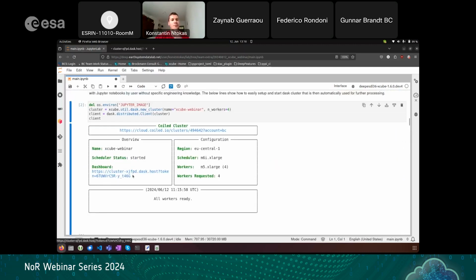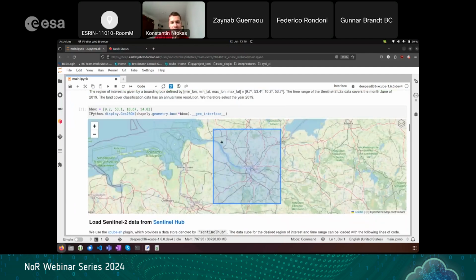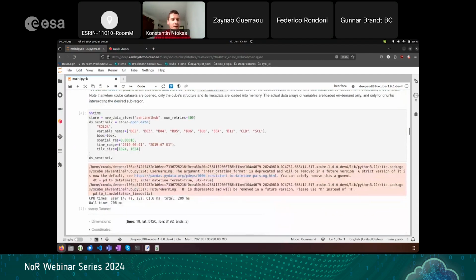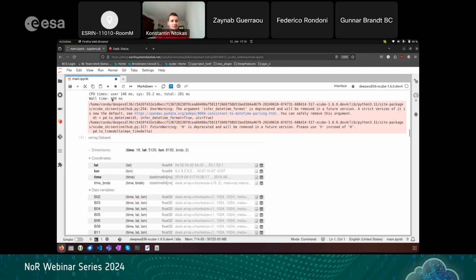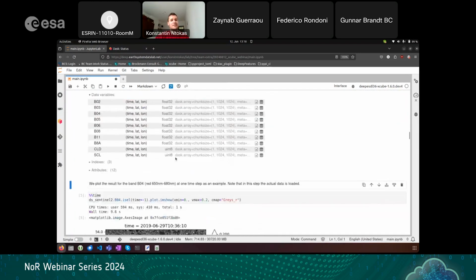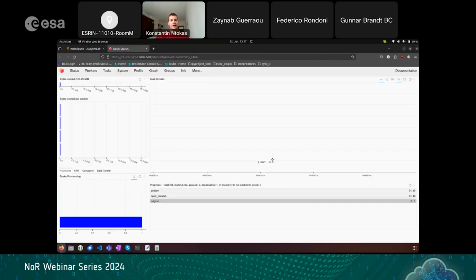Now we have our dashboard, which we will show later. So this is executed as well. So we select the greater region of Hamburg. Not sure if this has been run already, but we can just rerun it. It is also very quick because it's only the metadata. And now when we plot, for instance, band 4 for the last time step, then this will take a while because the actual data is loaded, and then we can also look at